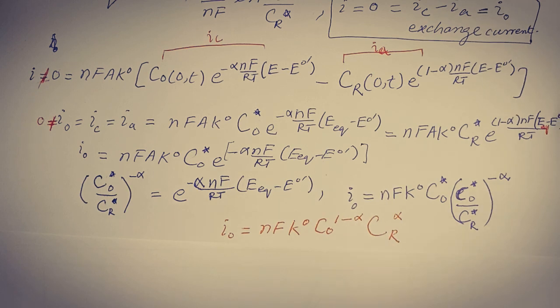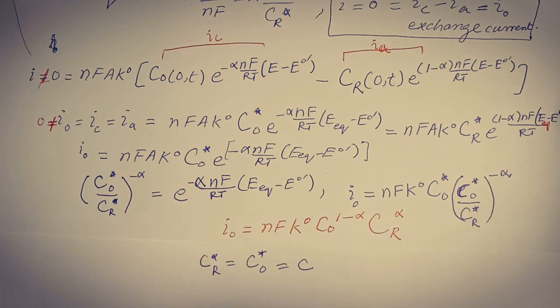So here we can see that I naught, the exchange current, is proportional to the standard rate constant, and in the case when the concentration of the oxidized species is equal to the concentration of the reduced species in the bulk, that is the simple concentration, the exchange current will be modified to a value that is NF K naught into C, that is the concentration of the